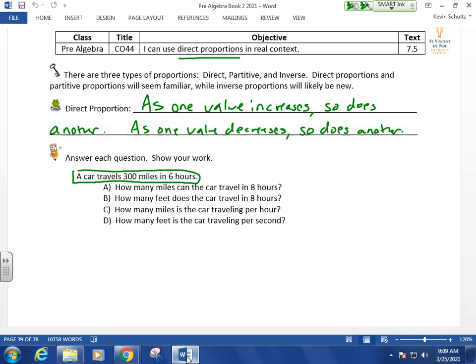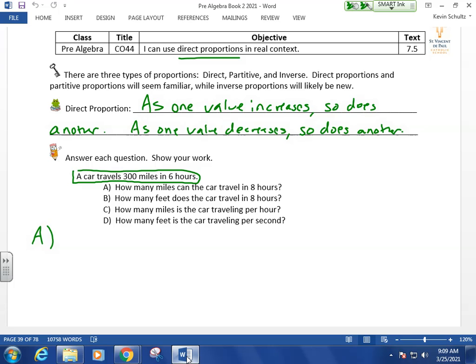Letter A. How many miles can the car travel in 8 hours? How would you set this up? Are you going to set up a proportion and use cross products? Are you going to set up a proportion and do a unit rate? Are you going to set up a proportion and convert, from feet to miles or from inches, like what we did in CO43? Aiden. 300 divided by 6, and that's 50, so you could add another 2 50s, because 6